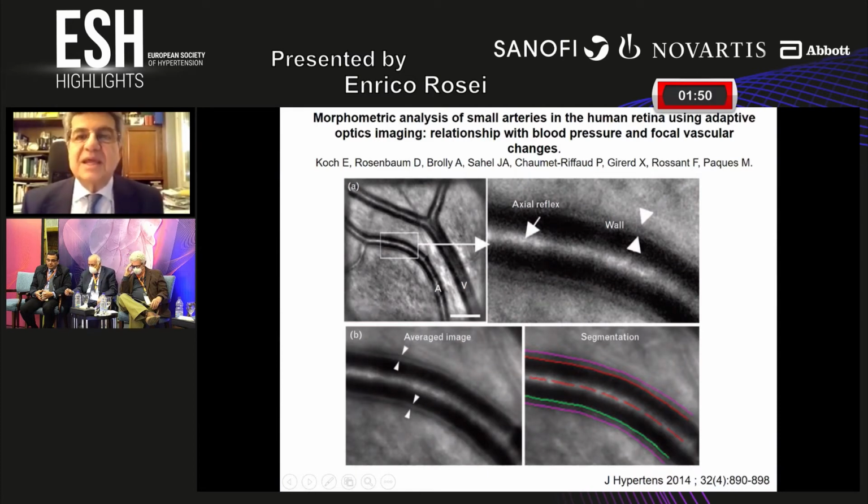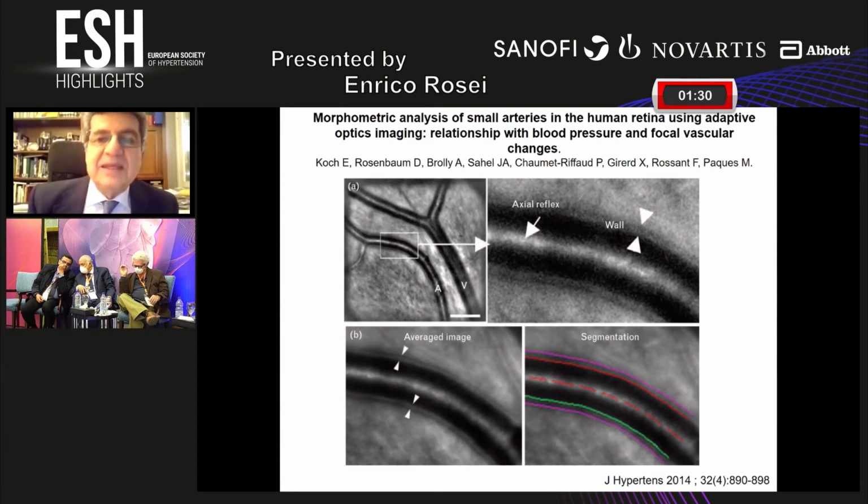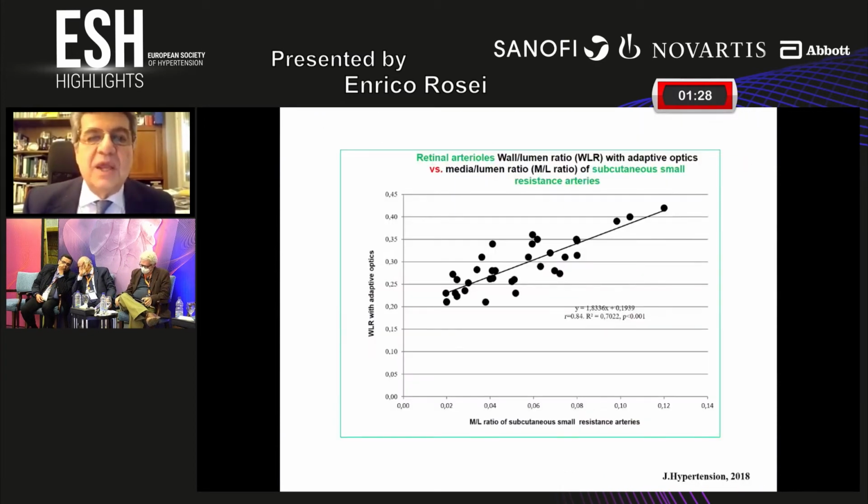This is a technique that has used the way of reducing abnormalities in astronomic optics instruments. So it is very precise,